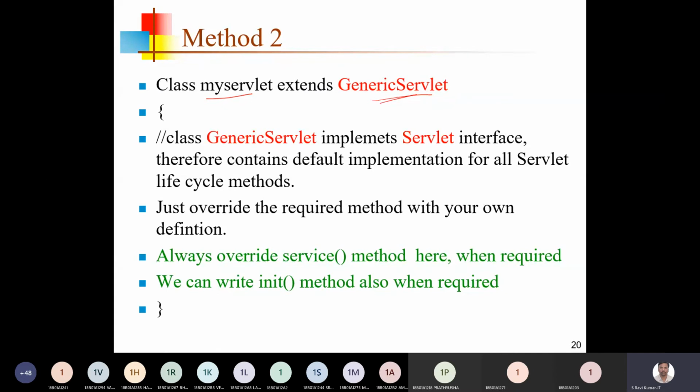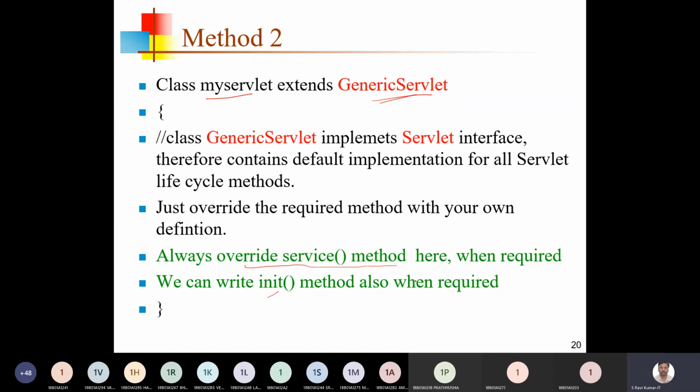Suppose you are not writing the service method, then you are not giving the servicing to the clients. If you just define the class extending GenericServlet but you don't write the service method, then your servlet won't give the service to the clients. Only when your class contains the service method will your servlet give the service to the clients. Okay, so always override the service method.